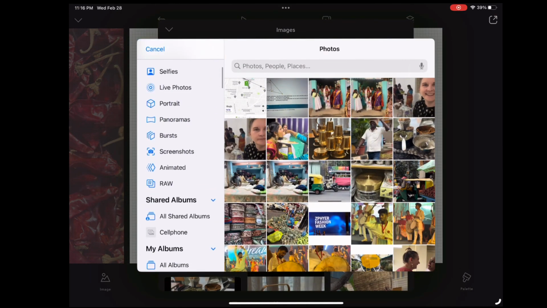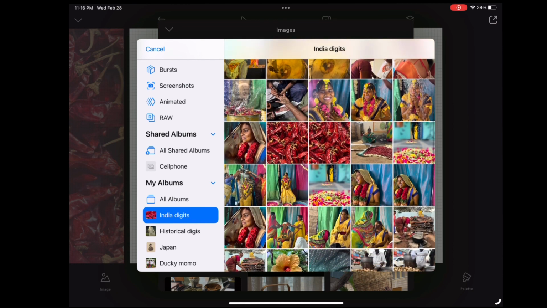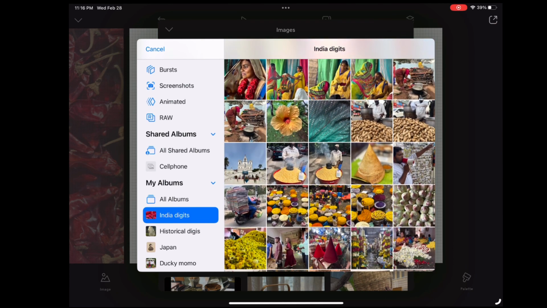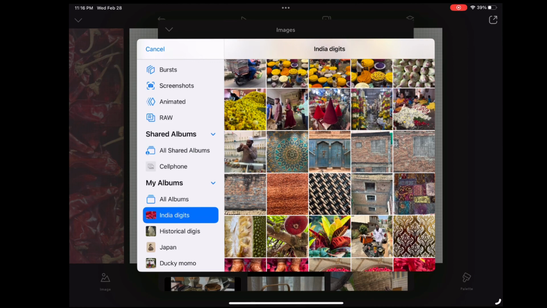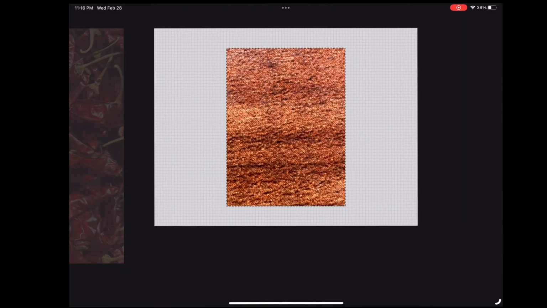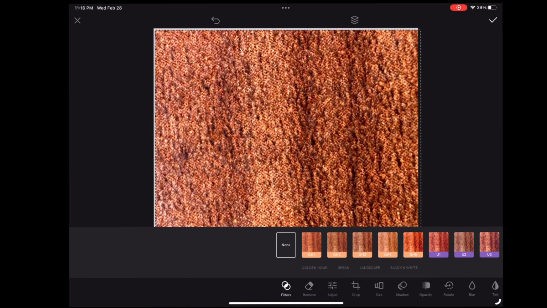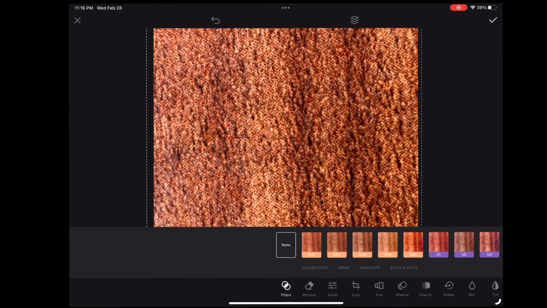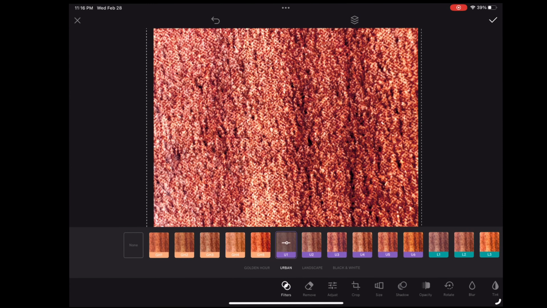And you just go to all photos, and then down here, my albums, you can save it in an album, or if you just have them straight from your phone, if you don't have a lot of photos, then you can just take them straight from recent. Here we have some, this is like a weaved mat or blanket. I was in Nepal when I took this one, and I was playing with my phone with all the textures,